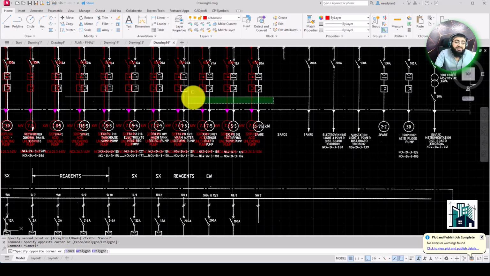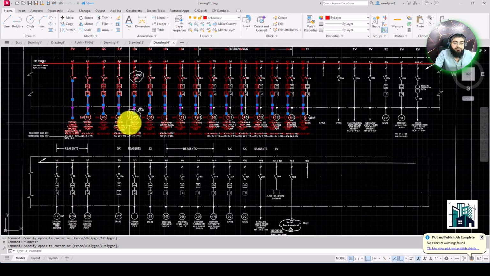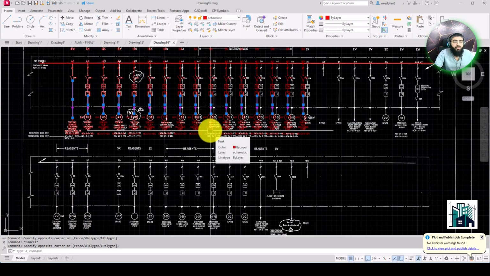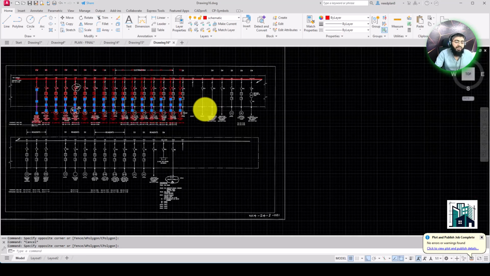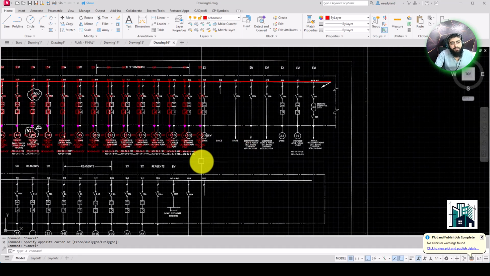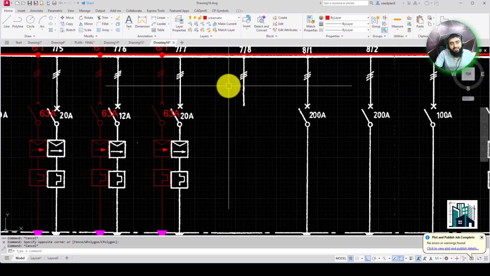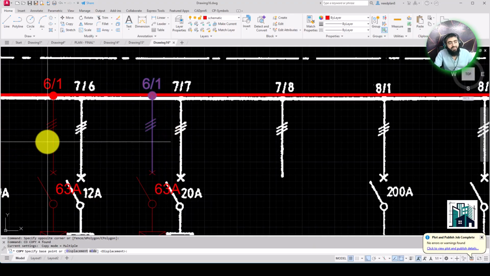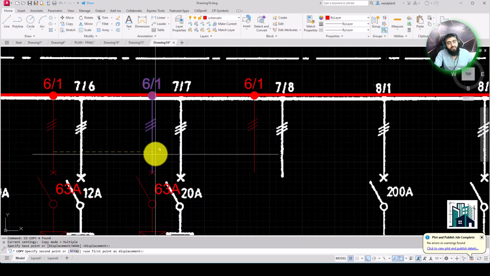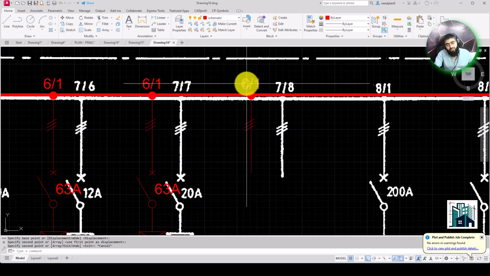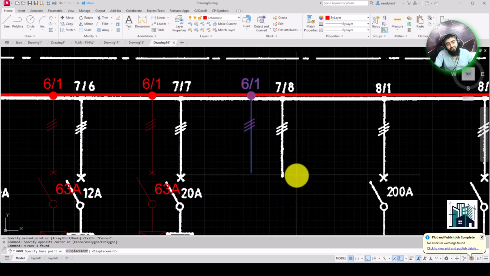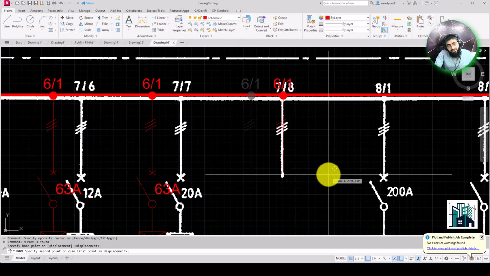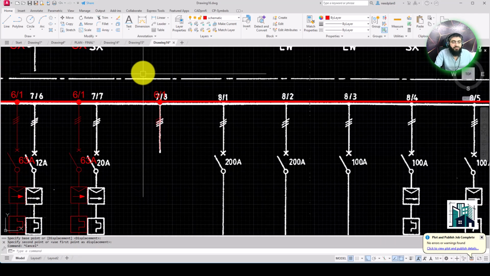So this should be the same distance, because the symmetry is important. Then the random drawing. Okay, so you can create this through this. Just select this and then copy this from here to here. You will see this option, or you can move one by one as per the lines you already have.